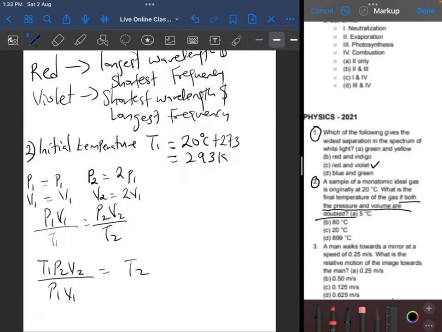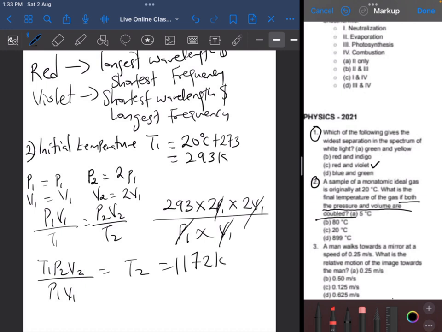What's our T1? 293. Our P2 is 2P1, our V2 is 2V1. Cancelling out P1 and V1, 293 times 2 times 2 will give us